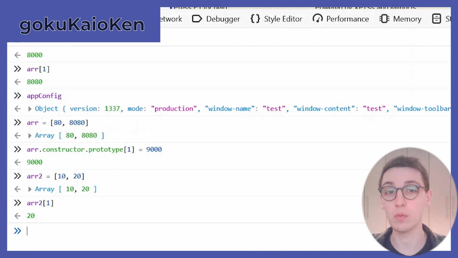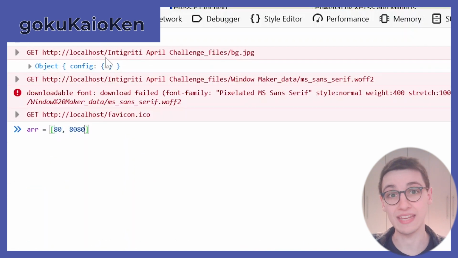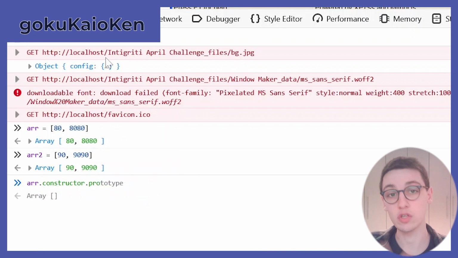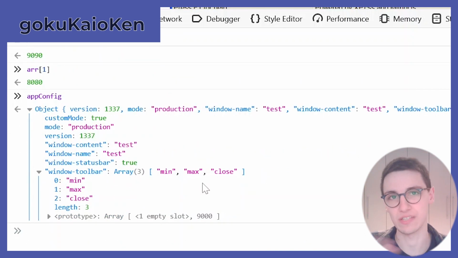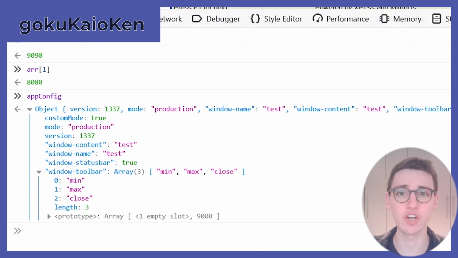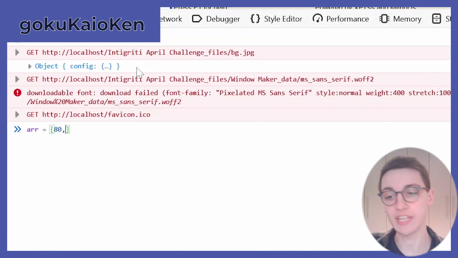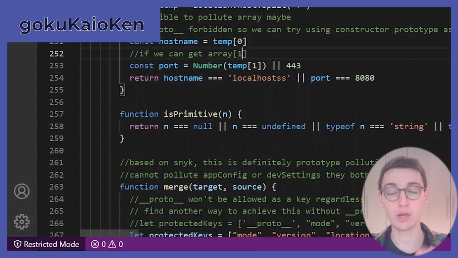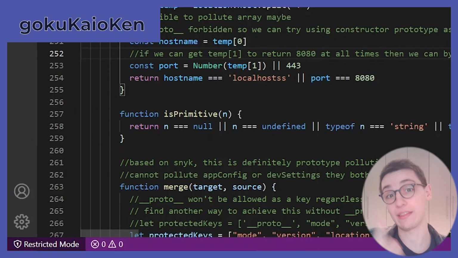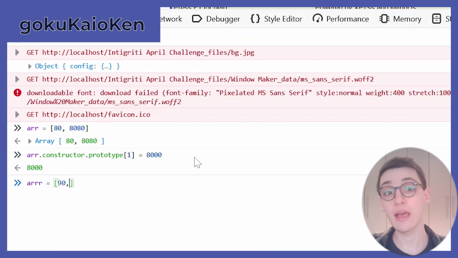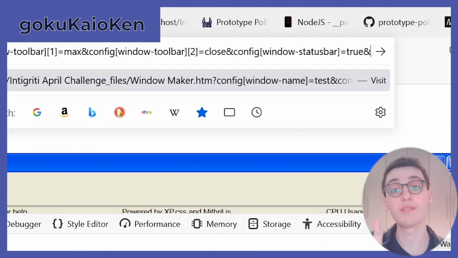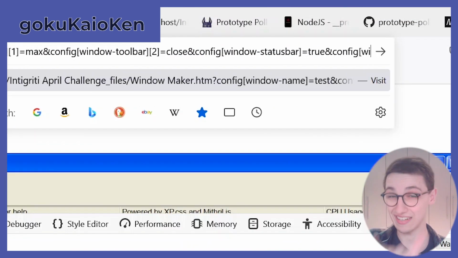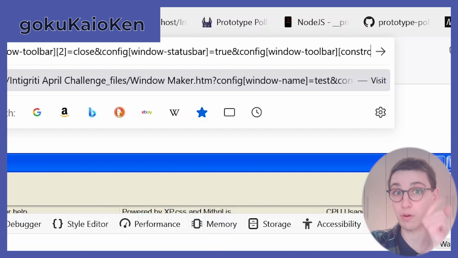Now, why does that work? Well, our object that we can pollute, it has this toolbar. And this toolbar has min, max, and close as values in the array. And these are just given in the URL. So we can very easily just remove the max and close from that, so that we have an array of length 1, so only having a 0. And then we can just pollute the other one, because we can set config window-toolbar, then constructor, prototype 1, and